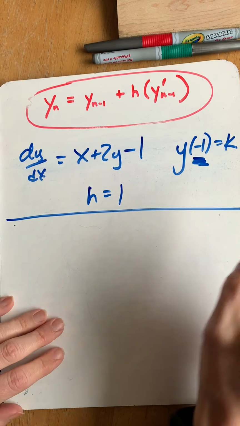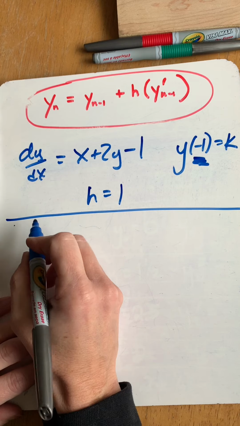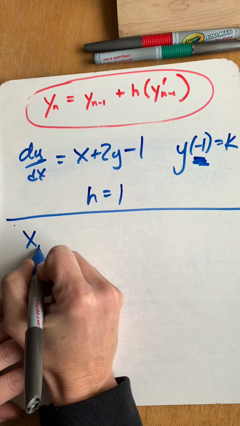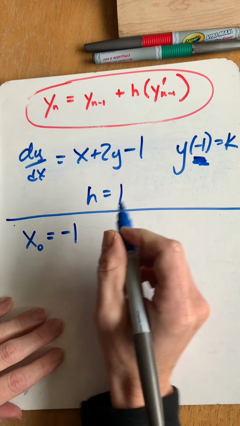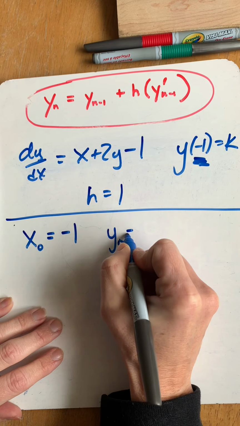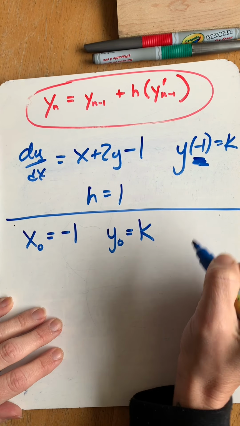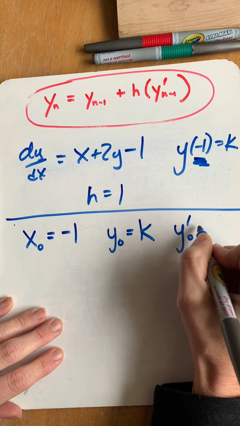All right, let's see. I haven't done a problem like this, and I don't even know if I have. So let's see if we start. So x sub 0 is negative 1. y sub 0 is k. And y prime sub 0 is,